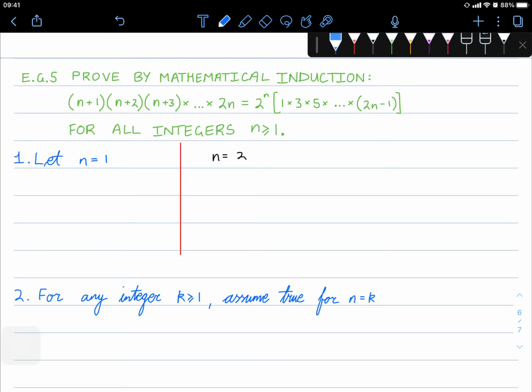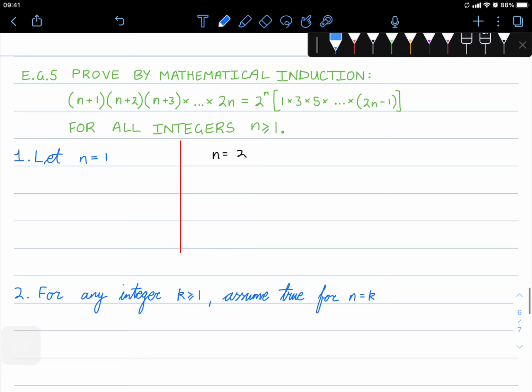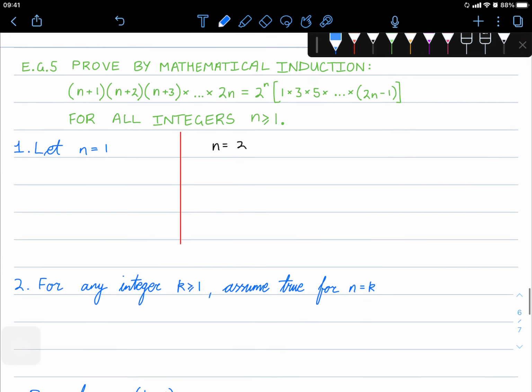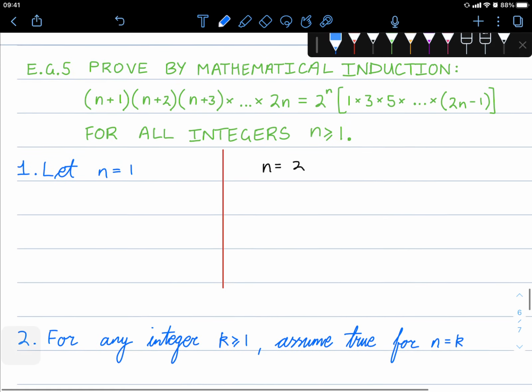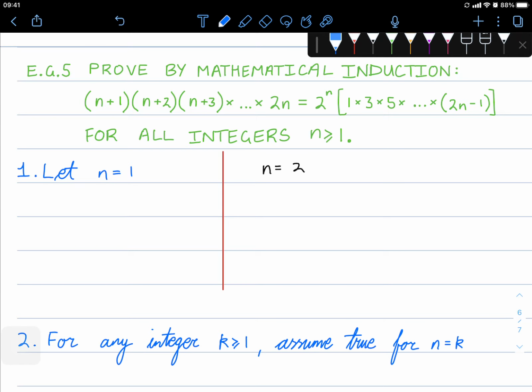Hello class, this is the last example on the proof of mathematical induction. This last one's a little bit trickier in that it's a multiplication instead of a summation. So let's take a look at how we do this. I've already written up a few bits just to save us some time, but the method still kind of continues